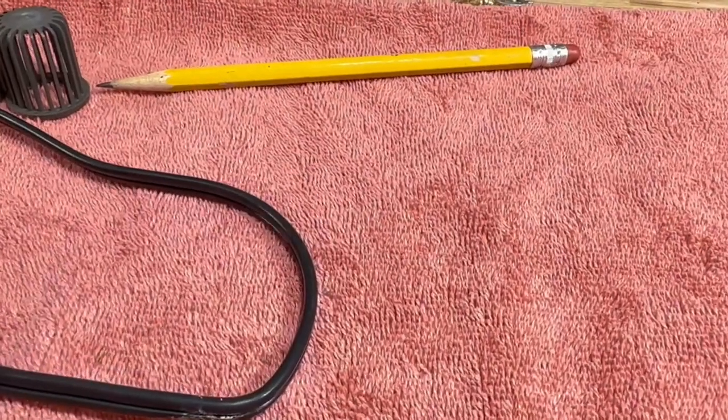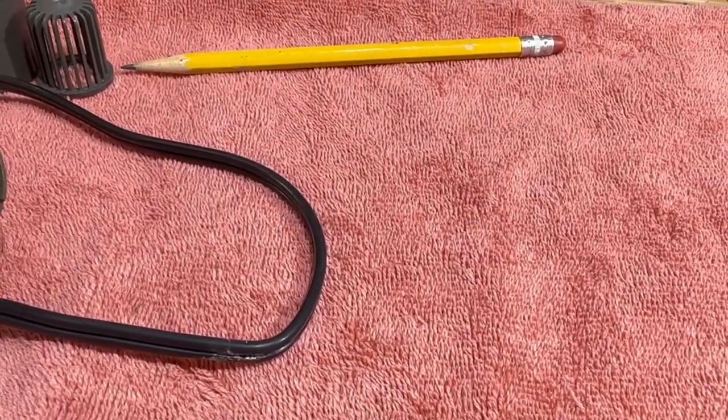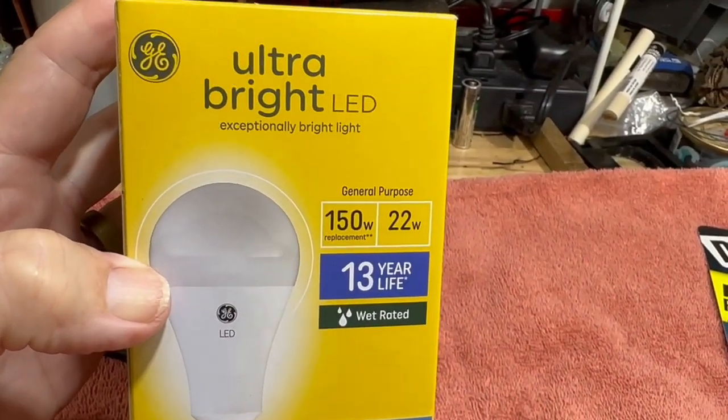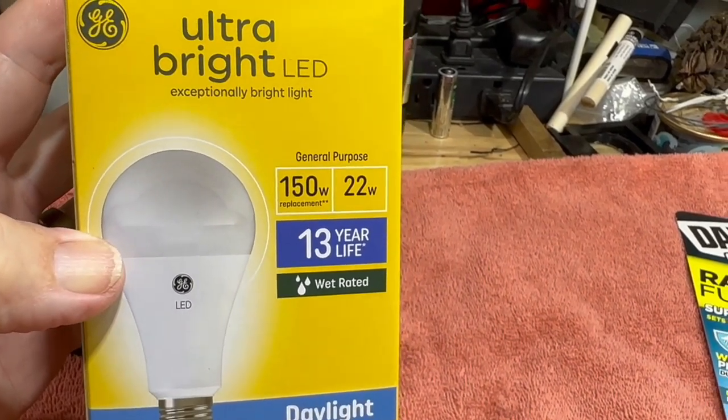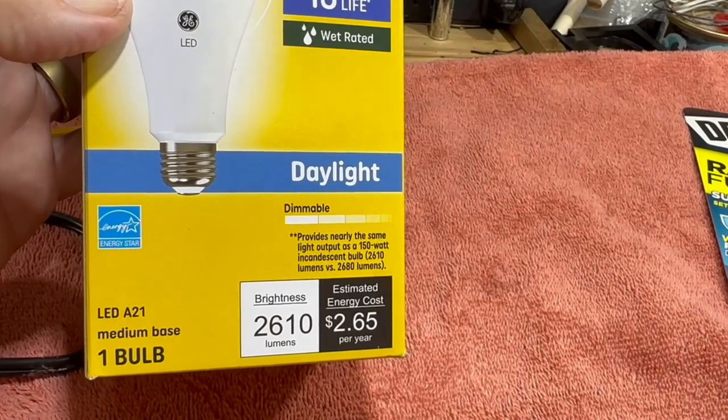Okay, another thing I wanted to bring up in this video is someone asked me about the lights I use. I will show you once again. This is the lights I use. It's called Ultra Bright LED. This is a 150 watt one. If you have a smaller tank,